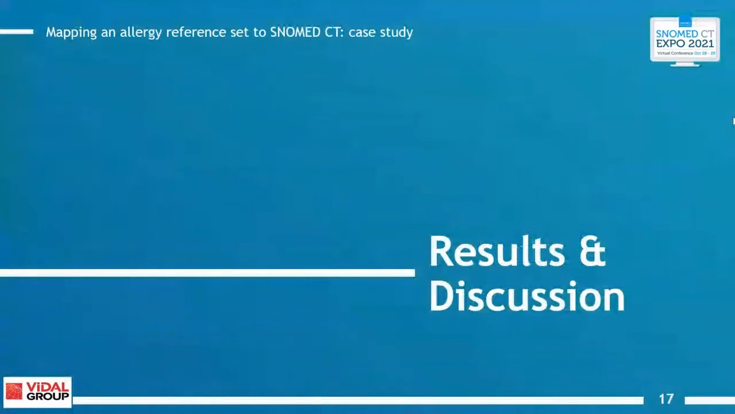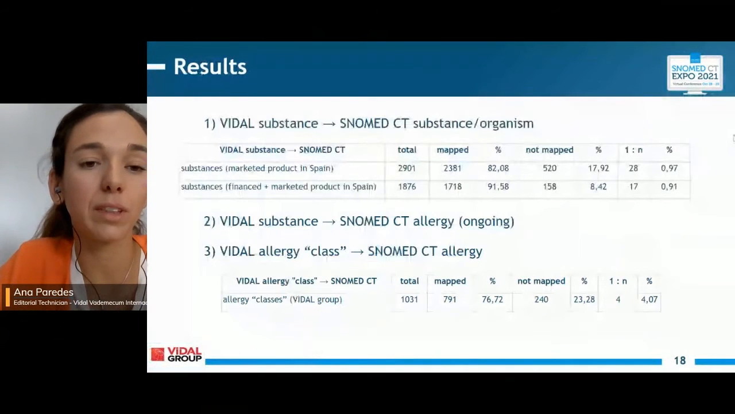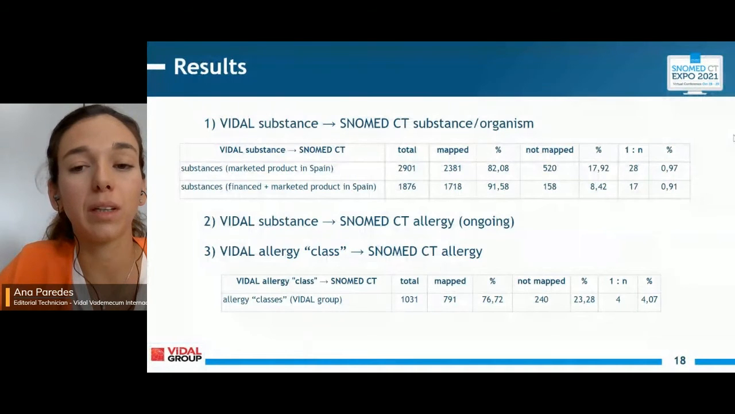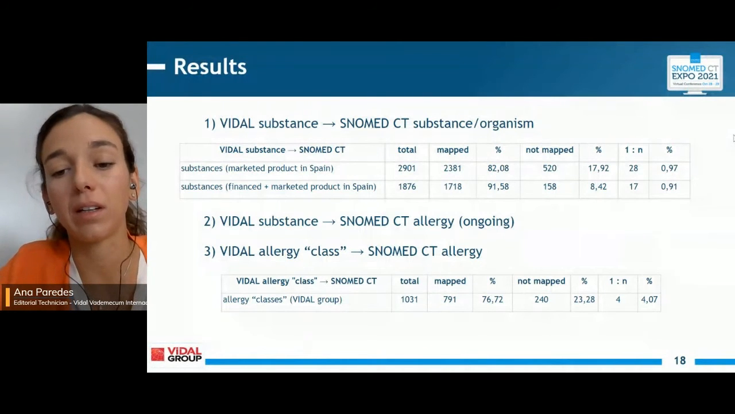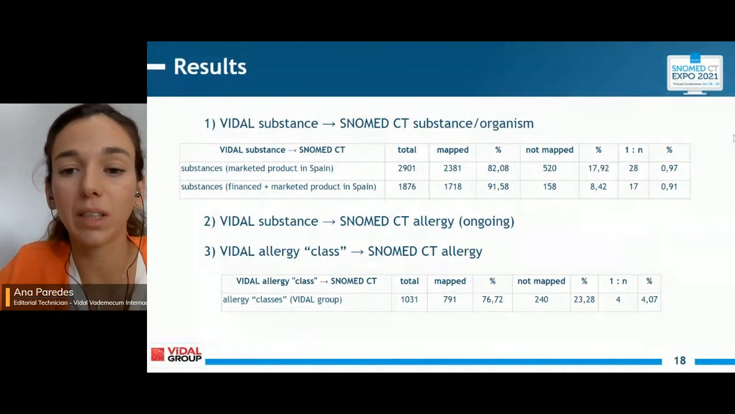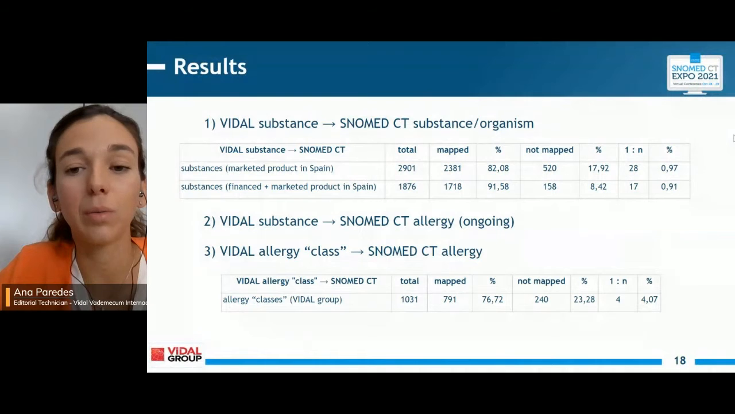Now I will present the results of the mapping. For the first map, the Vidal substance to SNOMED CT substance or organism, the mapping rates were significantly higher than for the third map that we developed, the Vidal allergy class to SNOMED CT allergy. In both cases, they are higher than 70%, but we see that in the first case, we reached 91% of